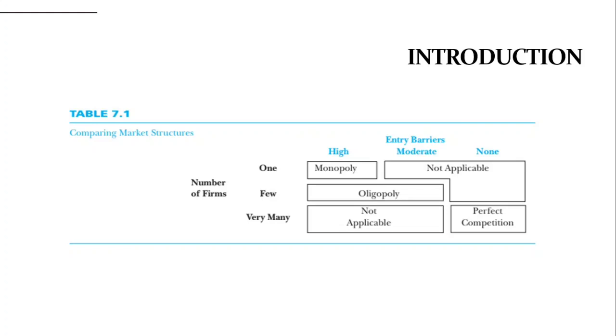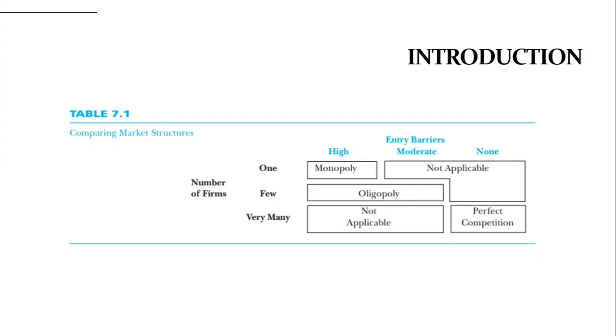The oligopoly, shown in the second row of Table 7.1, occupies a middle ground between the perfectly competitive and monopolistic extremes. In an oligopoly, a small number of large firms dominate the market. Each firm must anticipate the effect of its rivals' actions on its own profits and attempt to fashion profit-maximizing decisions in response. Again, moderate or high entry barriers are necessary to insulate the oligopolist from would-be entrants.